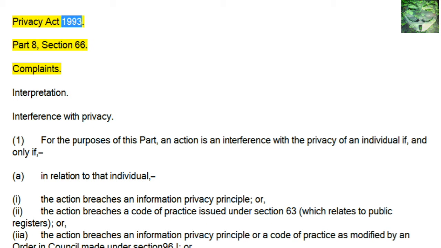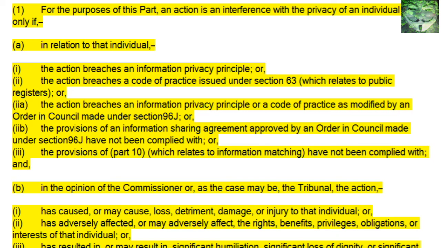Privacy Act 1993. Part 8, Section 66. Complaints. Interpretation. Interference with privacy. 1. For the purposes of this part, an action is an interference with the privacy of an individual if, and only if, (a) in relation to that individual, (i) the action breaches an information privacy principle, or